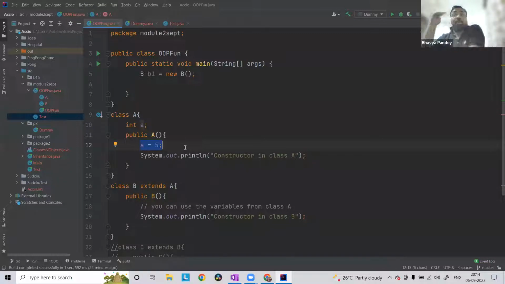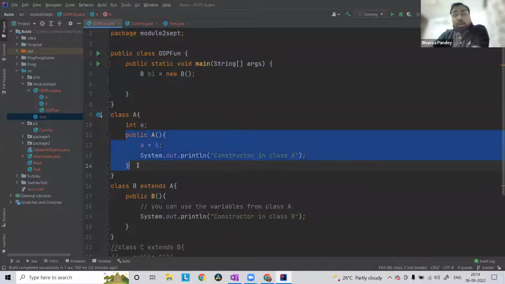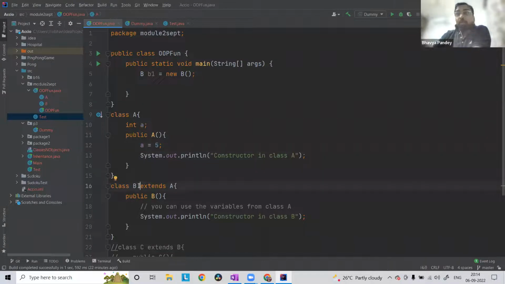Meaning, if you are creating an object for A, this constructor would be called, right? So you are setting the variable a inside class A. There is another variable a which you are setting according to your will. So before you pass it on to the class B for usage, you again have to set this particular variable